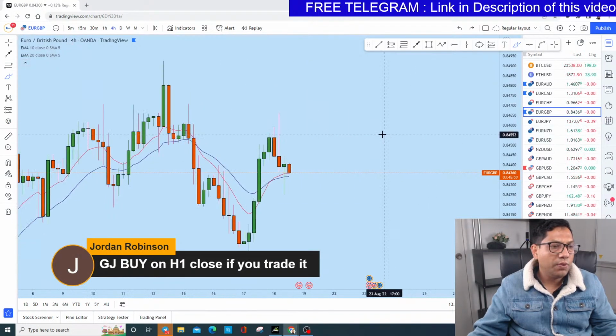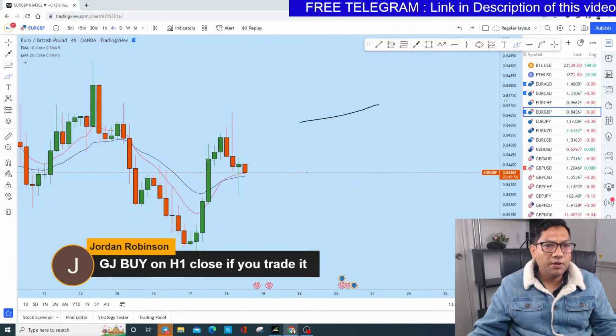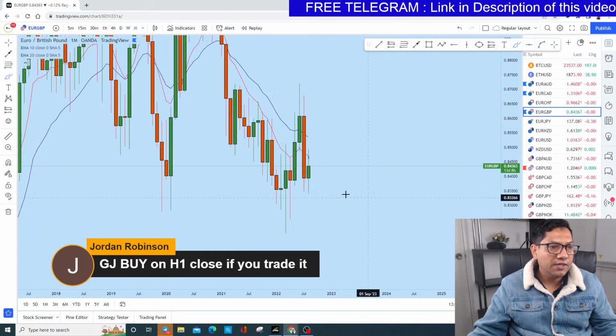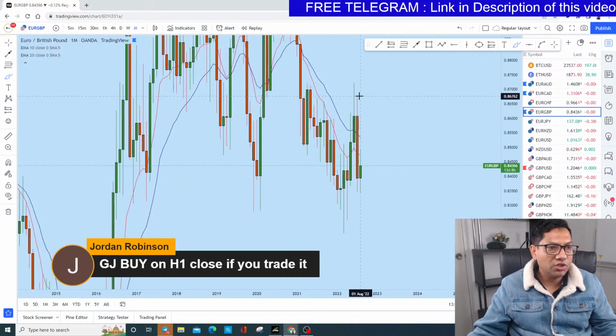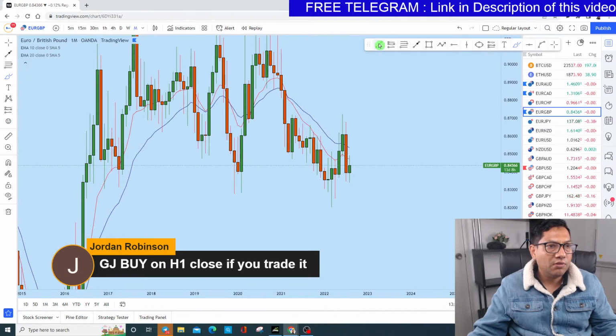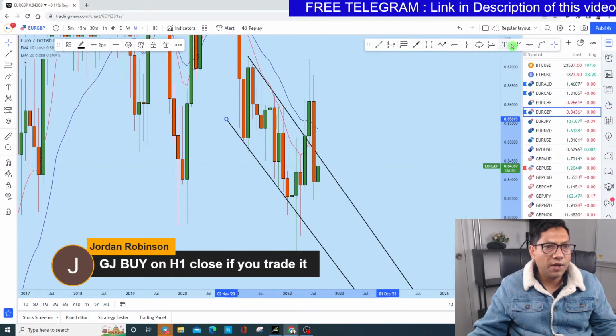request for euro GBP. Euro GBP, you see that there is a doji has been formed on the 4 hour. Now Euro GBP is bearish. The reason is, if you look at the monthly, nice bearish price action, guys and girls. There is a strong bearish engulfer has been formed, followed by this monthly retracement to the upside on Euro GBP. And from this resistance, this is the monthly resistance here, monthly channel, this is the monthly support here on Euro GBP, and we see that the price basically is rejecting from here.